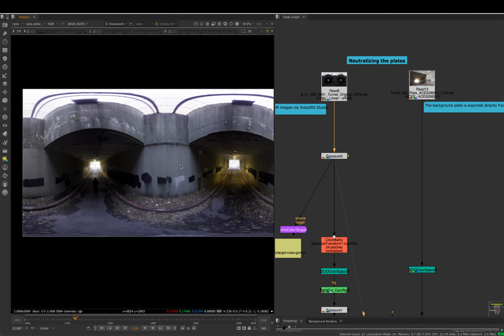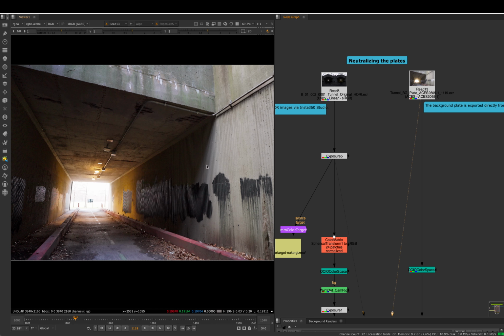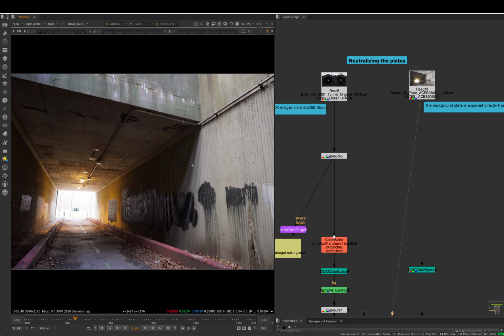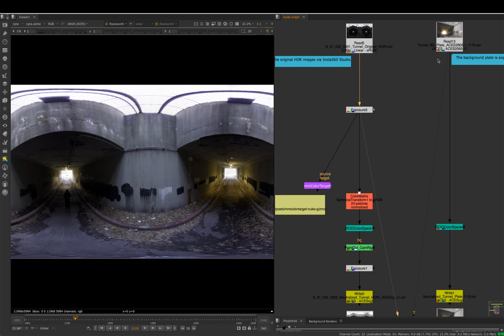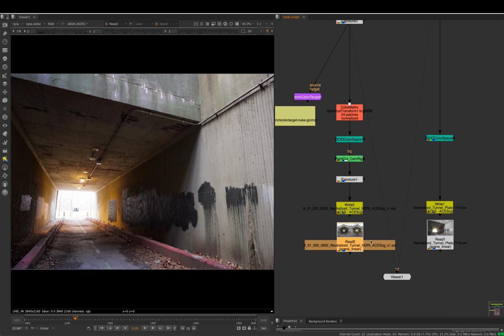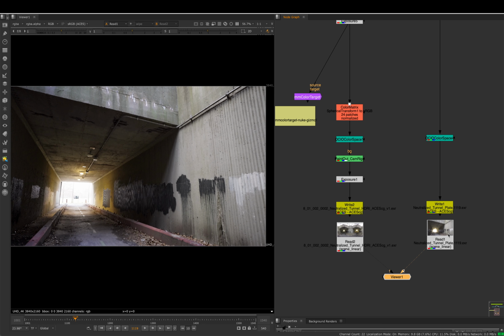With the initial image of the HDRI created, if we use the light sources in the tunnel to light the CG character, eventually integrate the character into the live action footage, the colors will not be matched. So to go through the neutralization, then eventually we turned these two images into something like this. Now if we take a look at both images, they are looking really similar after neutralization, and also they are